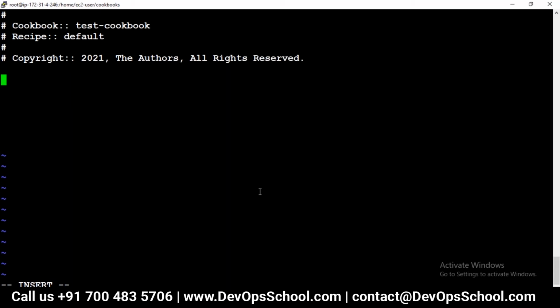For that, we need to include the recipe. So we will use include_recipe, and we will give the path, test cookbook, and the name of the recipe, recipe 1. So we have added recipe 1 of the test cookbook in the default recipe.